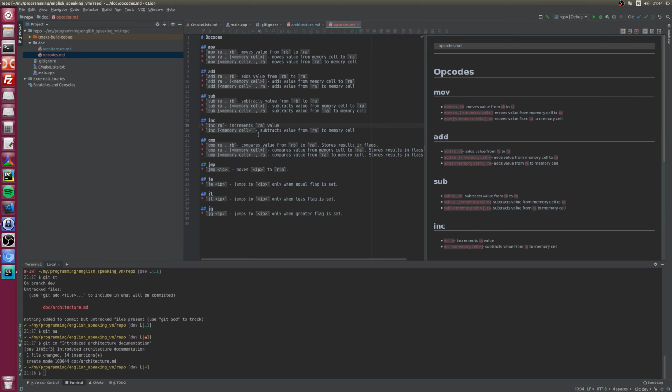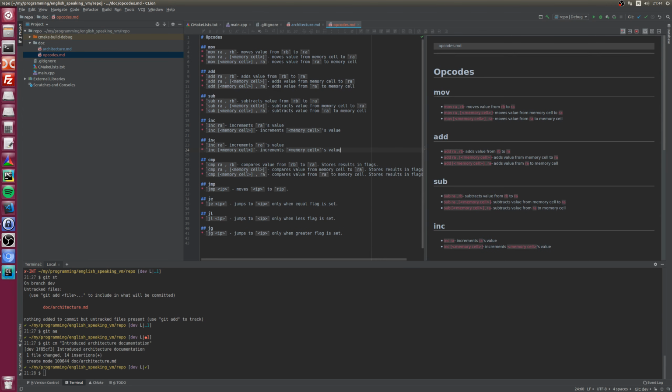Array value increments. Inc, and that's of course increments. Cool.